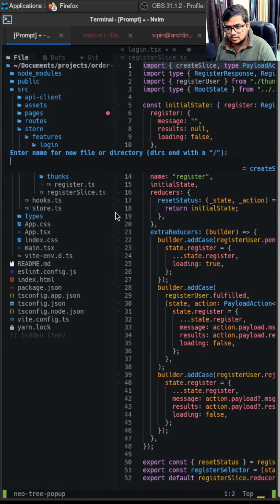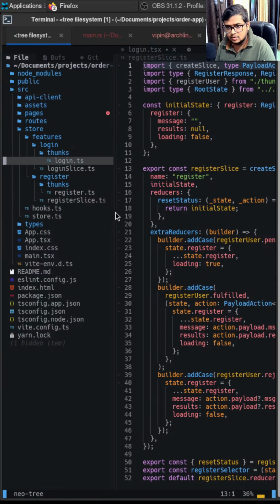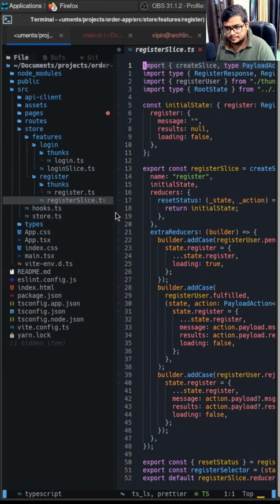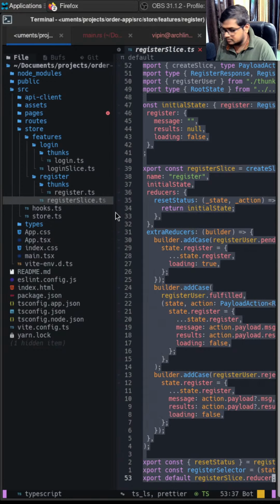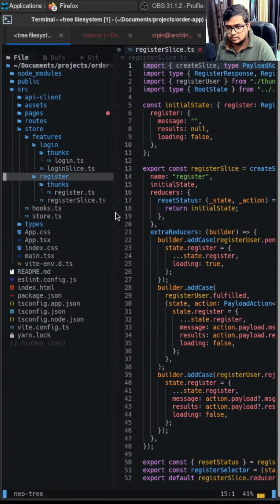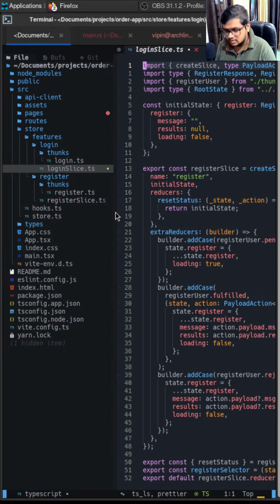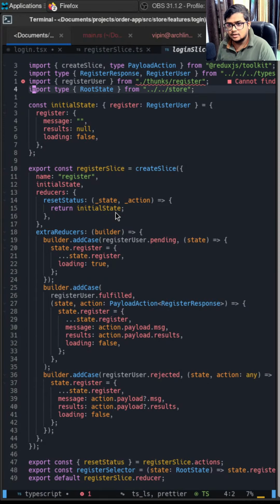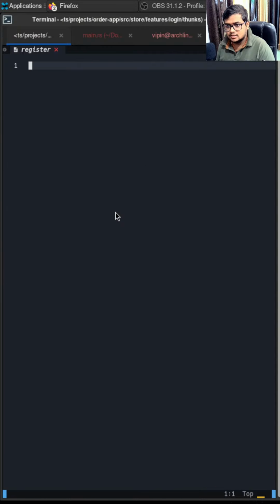On the thunks we will have login.ts. So on the login slice we will create, let's see, so on the thunk register, if I go inside it,